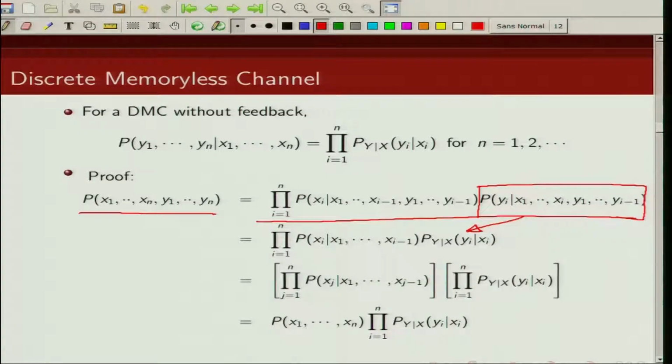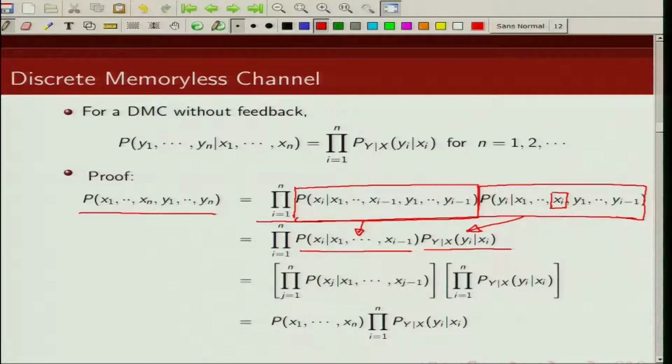So probability of yi given x1, x2, up to xi and y1, y2, up to yi minus 1, it only depends on present value of the input. So this term can be written in this particular fashion, and since we are talking about discrete memoryless channel without feedback, this term can be written